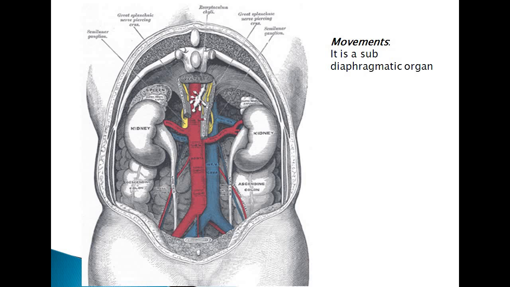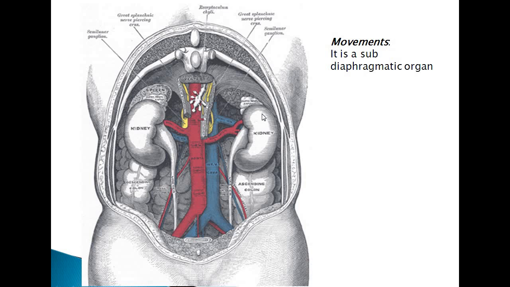The kidneys are a pair of essential excretory organs which are located on the posterior abdominal wall, one on either side of the vertebral column. This is the view from the posterior side in which the kidneys are exposed retroperitoneally. So this is the ascending colon, the right kidney, descending colon and the left kidney. The right kidney is located at a somewhat lower level as compared to the left kidney because of the presence of the liver.